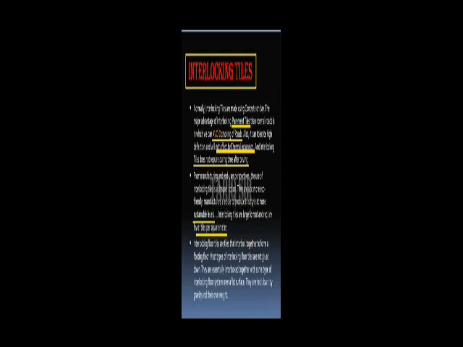Another important factor is that in the interlocking tiles, it does not require any material to